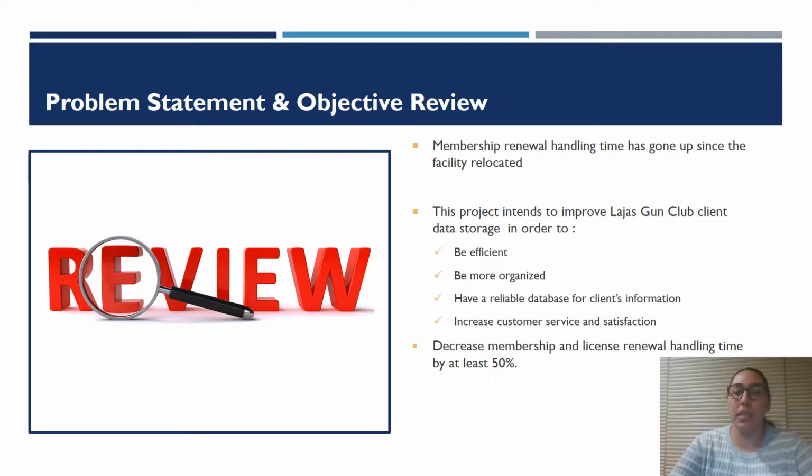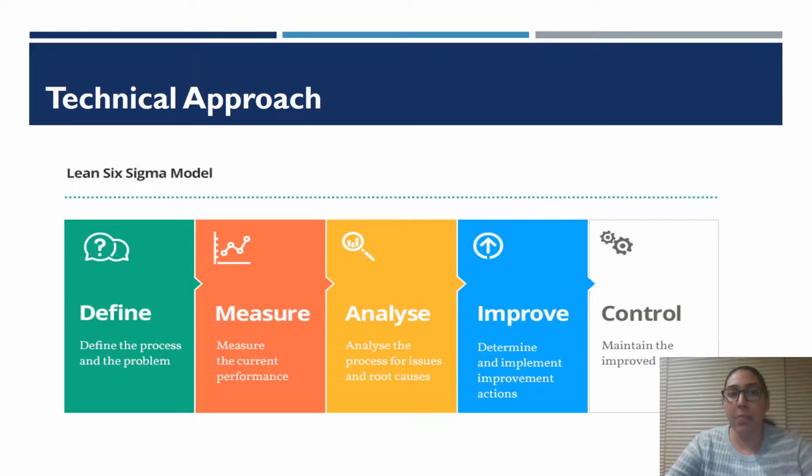As a recap, let's explain again what was the technical approach used to complete this project, which was the DMAIC, or also known as Lean Six Sigma model. DMAIC is known for improving performance by systematically removing waste and reducing variation. To give an overview of how DMAIC works, here you can see the 5 phases used, which are define, measure,